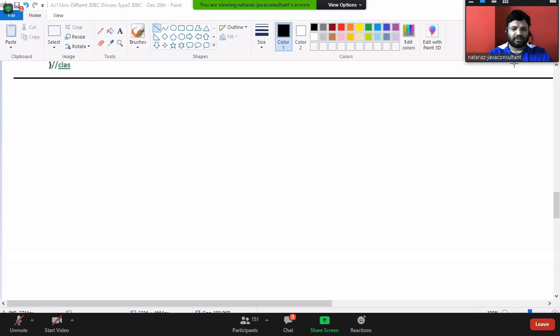Very simple, guys. Type 1 and type 2 drivers are designed to locate the database software through the ODBC driver or vendor DB library. That means if these drivers are able to locate the ODBC driver or vendor DB library, that is enough. Locating and talking to the database software will be taken care of by either the ODBC driver or the vendor DB library. Understanding my statement, guys? That's why the URL is very short.